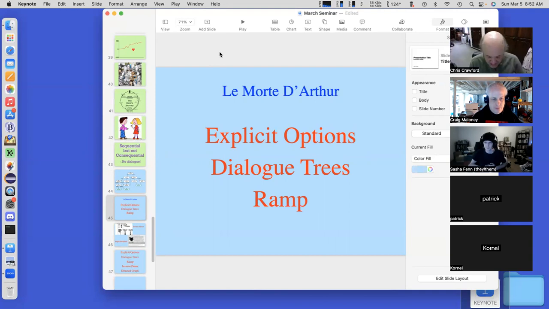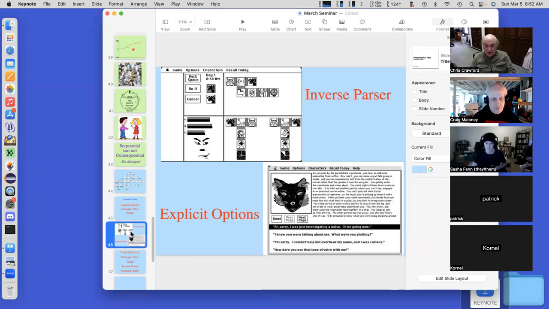And here we come to the core of the big epiphany I had, and that is that there is no one system that can work. Indeed, I knew this 35 years ago when I did the very first C-Boot. I had an inverse parser and I had an encounter system with explicit options. And you didn't alternate between them, but the system would flip back and forth between them at random points. And it worked. And I forgot about that. When I started doing the second C-Boot, I concentrated exclusively on the inverse parser. Talk about a blunder. If I'd started from day one with the realization that I needed both of these,